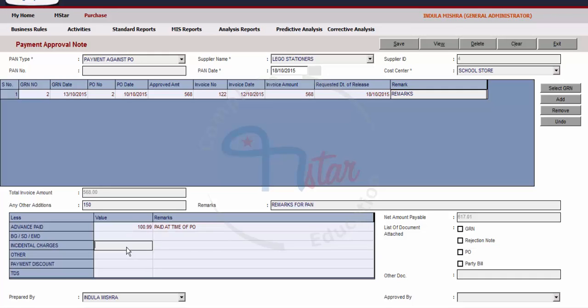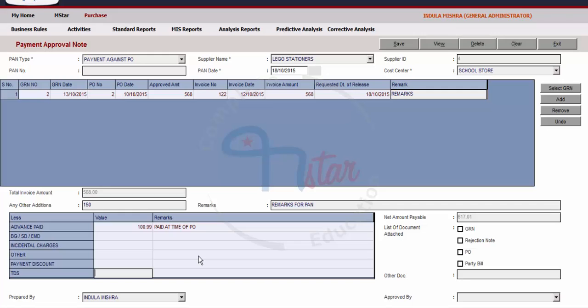Incidental charges can be entered, other charges can be entered, or any payment discount, if applicable, can be entered, and the TDS amount can also be entered, along with the respective remarks. In all these fields, in the value column, 13 characters with numbers up to 2 decimal places can be entered, and in the remarks column, 50 characters are allowed with both text and numbers, and limited special characters can only be entered.